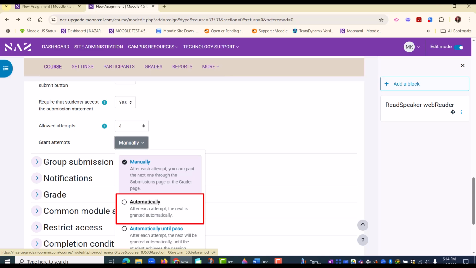So instead of just manually allowing attempts, which require you to actually confirm that yes, in fact, they can now submit another attempt,